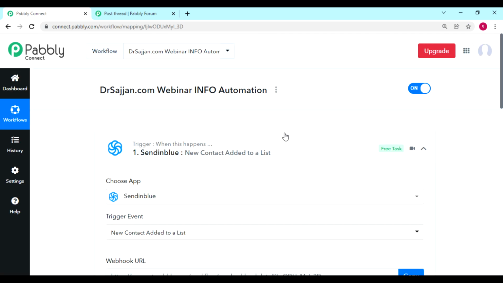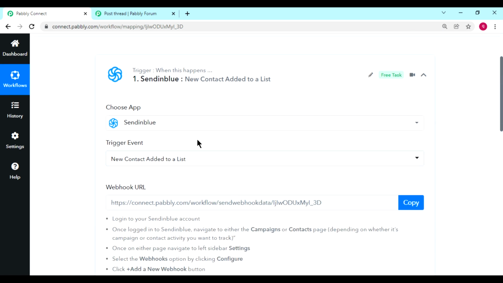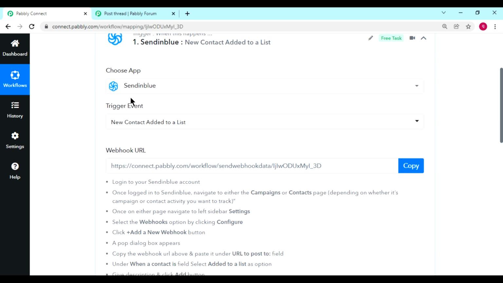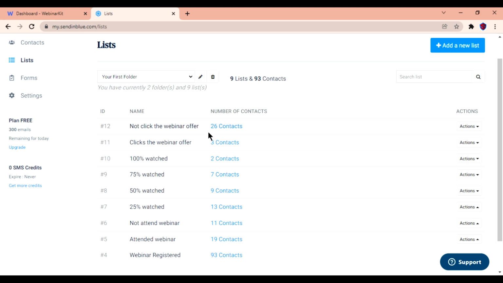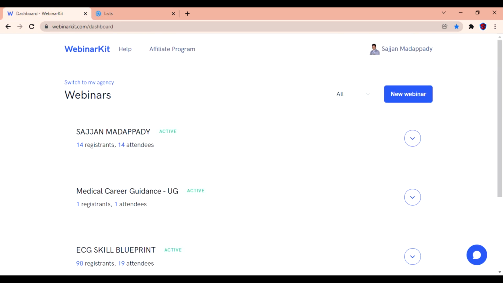As you can see, this is the workflow. I have selected Sendinblue as the trigger event, and the trigger event is new contact added to the list. I have selected this because whenever a new contact is added to the list, it has to trigger the next things.